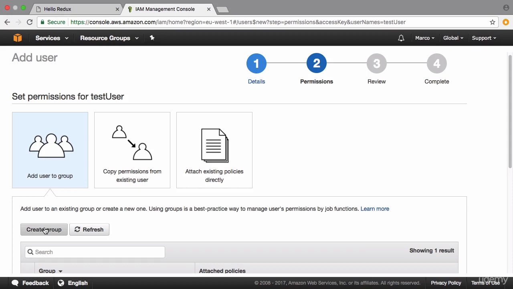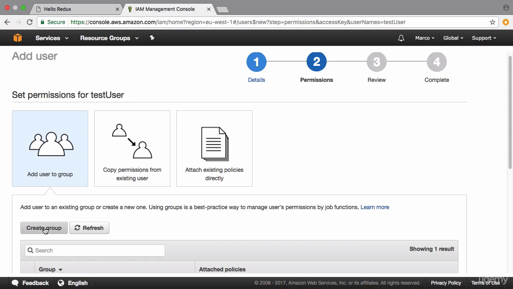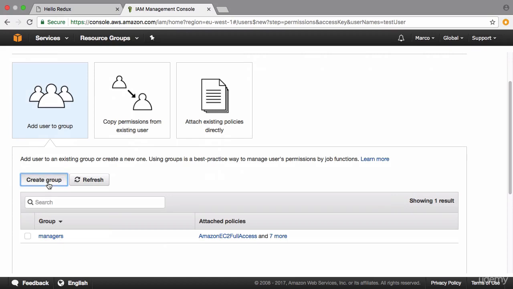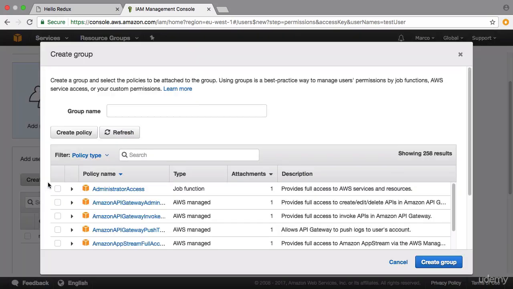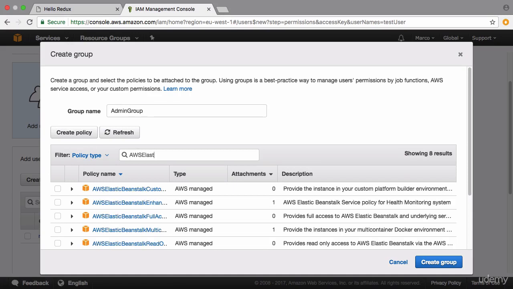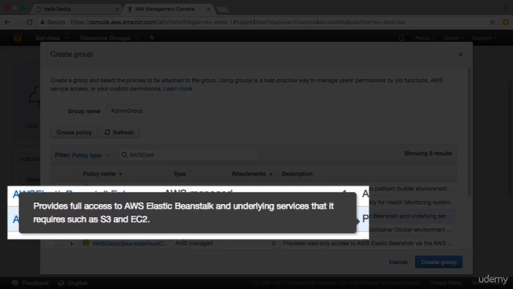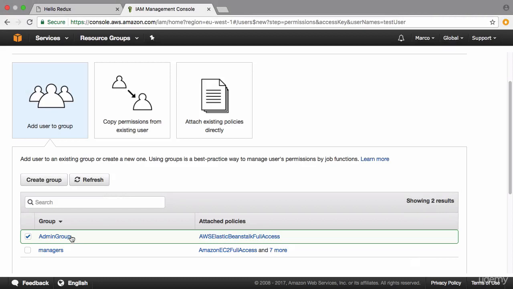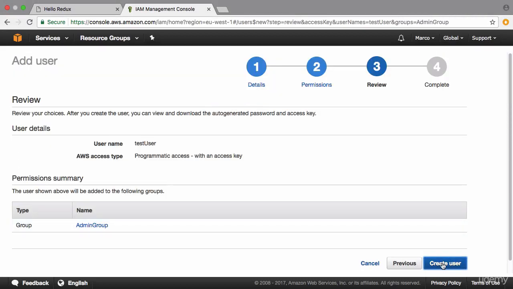Here I just want to give you visibility to the process of creating new users. Next, I have to add the user to a group, and I will create a new group. First, I will give it a name, and then for this example, I will give a broad policy to access and manage my Elastic Beanstalk. So I will select the policy called AWSElasticBeanstalkFullAccess. Then I select Next,